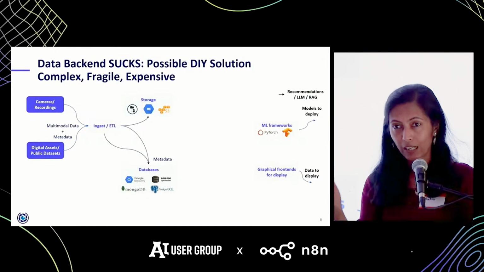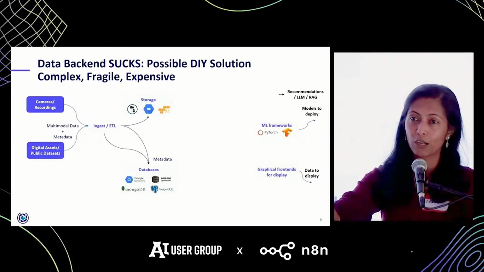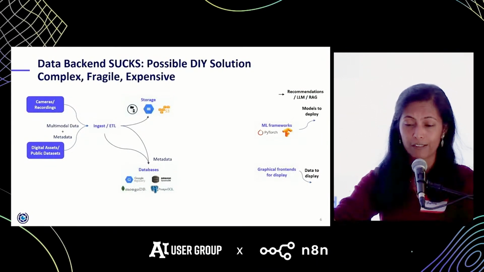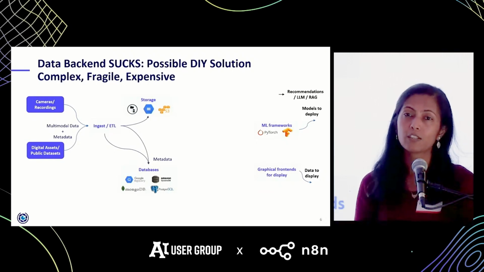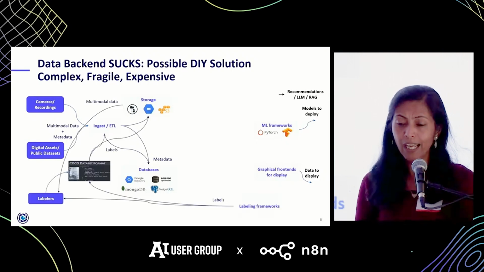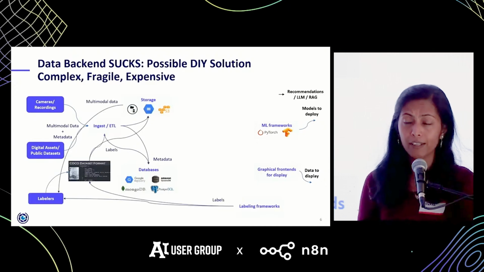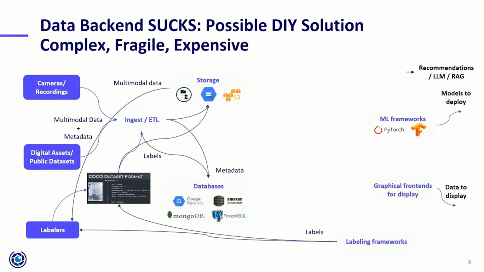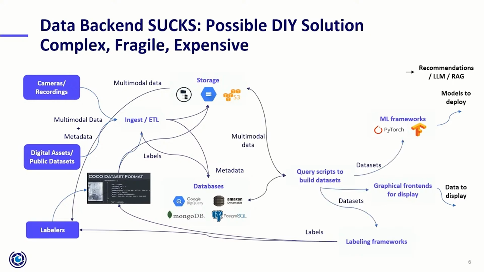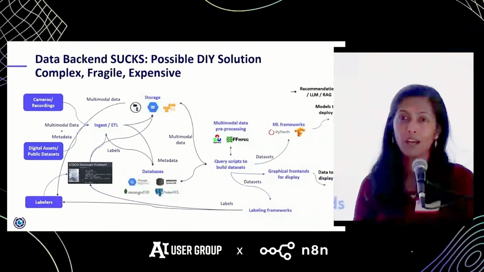You're going to ingest the data, typically put the large files into cloud buckets or some distributed file system. You're going to pick one of the databases to put your metadata in. If your application requires some form of labeling, you're going to be dealing with, how do I pull my data out? How do I land my labels in? How do I make them searchable? And that's when everyone in the different teams will be writing their queries to pull information out of these different pieces. And God forbid, if you're working with image video type of data, to bring them in the format you can use them,